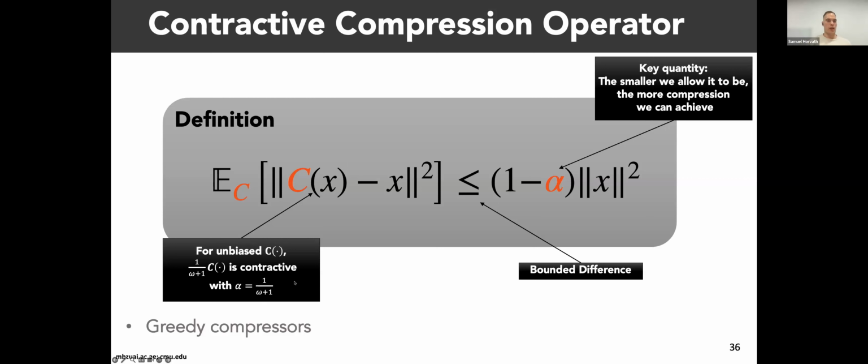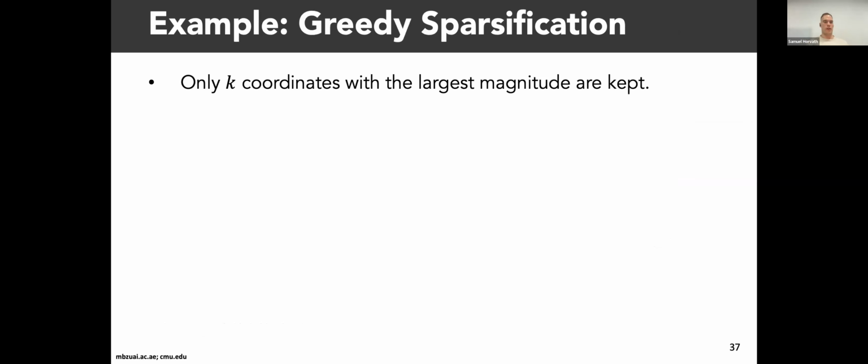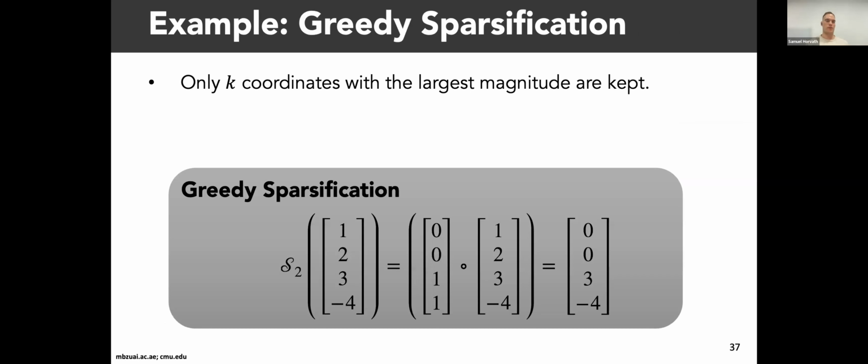All right, some examples. As an alternative to random sparsification, here is greedy sparsification. What we're going to do is communicate only the k coordinates with the largest magnitude. As we see here, we only apply a magnitude-based mask, and we only keep the ones with the largest magnitude. So here, for greedy sparsification to only 2 non-zero coordinates, we would keep 3 and -4. Now, being greedy